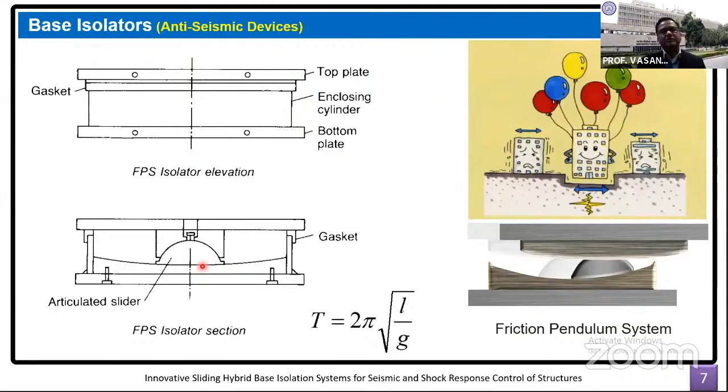In addition to that, there is of course some heat generated. As we know, whenever two surfaces rub against each other, heat is generated, and that heat has a certain effect on the effectiveness of friction that we achieve. Those effects have been studied, and it is found that more or less satisfactory performance is achieved. The third apprehension about the sliding isolation system is what if there is some accumulation of dust or foreign particles. As you can see here, they are typically enclosed in a cylinder, and are protected from any external debris.